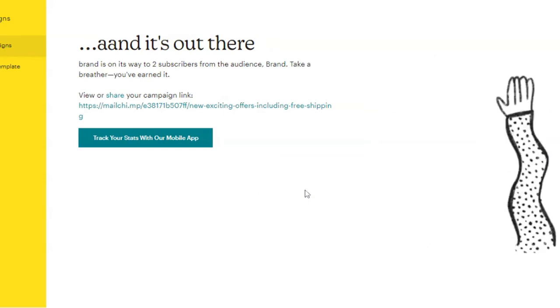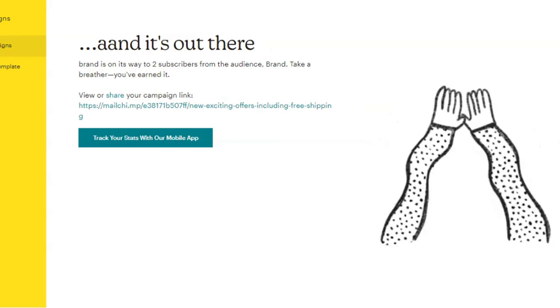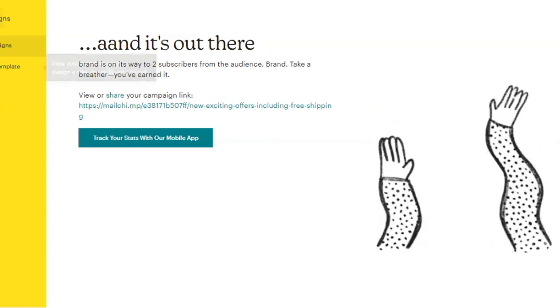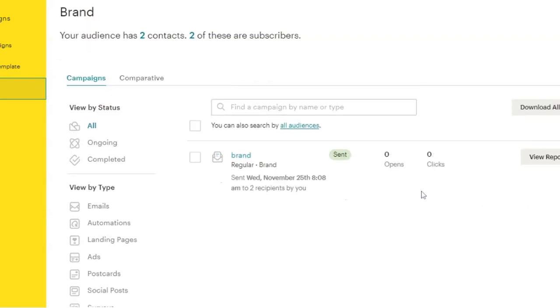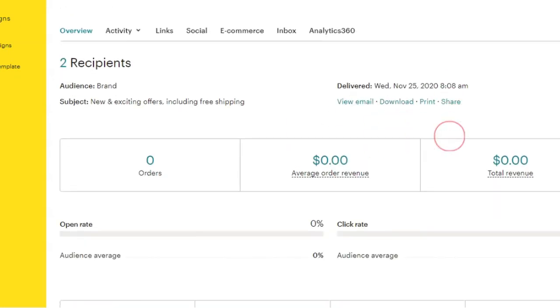Your email has gone to your contact list, and now they know about your offers. And in the report section, in the next few days, you'll be able to track the performance of your newsletter. It will tell you how many people opened it, how many people clicked. In fact, another thing will appear here that will tell you how much revenue you generated from this particular newsletter, and you can view a detailed report as well. So this will be more relevant when you have more such campaigns, when you have at least 2 to 3 campaigns to compare.